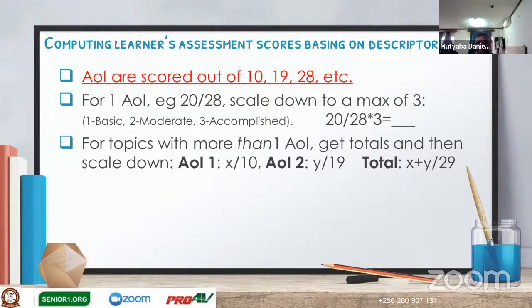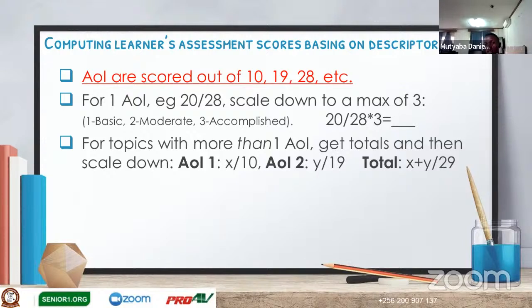Here, I want to bring the learner's achievement from the scores in the table to the descriptors. As you remember from your colleges or universities, they used to compute all that we could achieve, then calculate it and convert it to levels, maybe first class, second upper, second lower. So now, what the learner could have scored from the activity out of 28